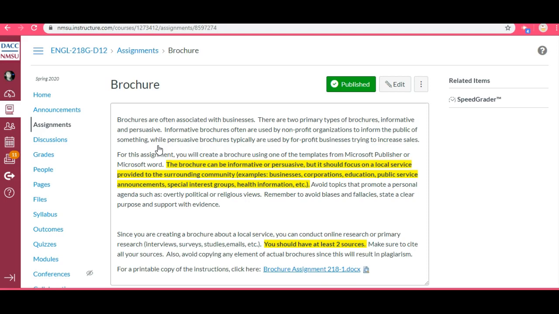After that, if it doesn't interest them or if they can't find the information they are looking for, they either put it away or they throw it away. So brochures are, again, deceptively simple because they provide very basic information, but this information is extremely